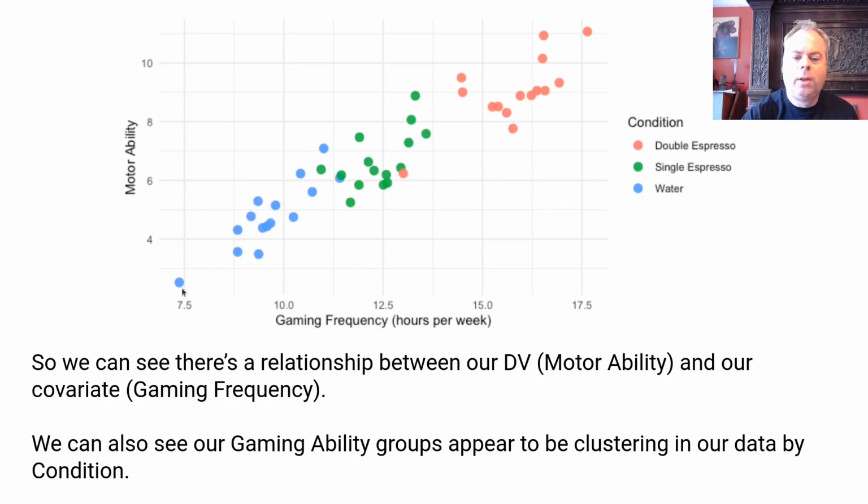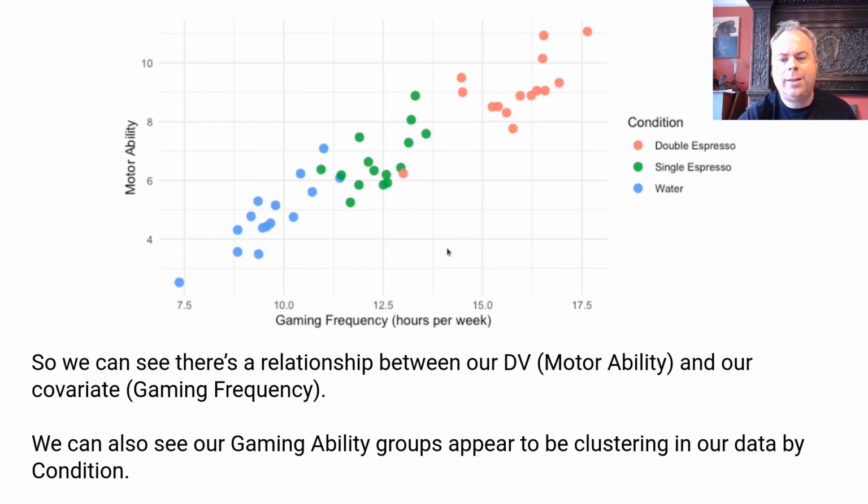So if you were to draw a regression line, you draw it basically up from bottom left to top right through that. So we can immediately see that there seems to be a strong relationship between people's performance on our motor task, our dependent variable, and the number of hours they spend per week playing computer games. And interestingly, for just random reasons, we also see that our gaming ability groups appear to be clustering in our